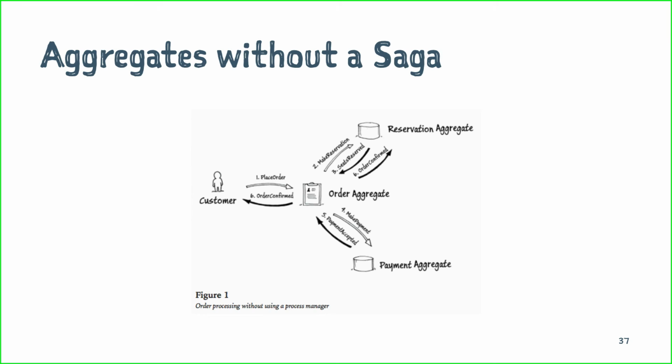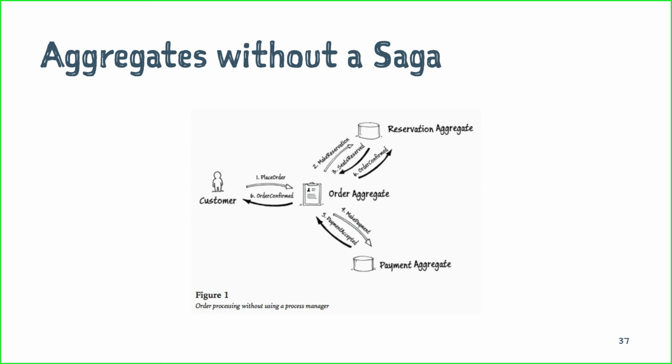And so just to make this a little bit more clear, and this is a little fuzzy on my screen, hopefully you guys can see it. Here's an example without using a saga. A customer places an order, and that goes to this order aggregate. This order aggregate says, well, I need to make the reservation for the seats. And after I make the reservations, then I need to process the payment. So this order aggregate knows about all the other aggregates, and it is currently in charge of